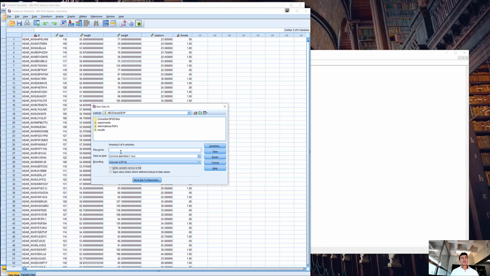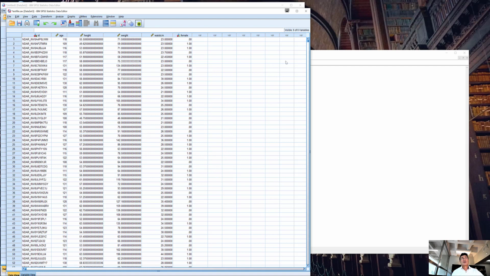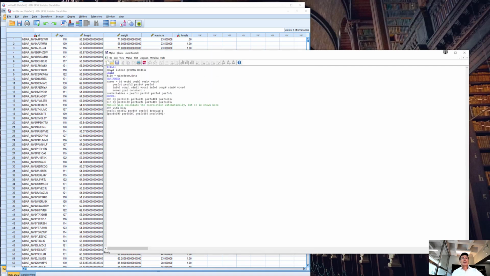I'm going to save this file. I'll call it test file.csv, and again, with write variable names to file unchecked. Okay. So now I've just saved that file, and what I'm going to do in Mplus is just change some